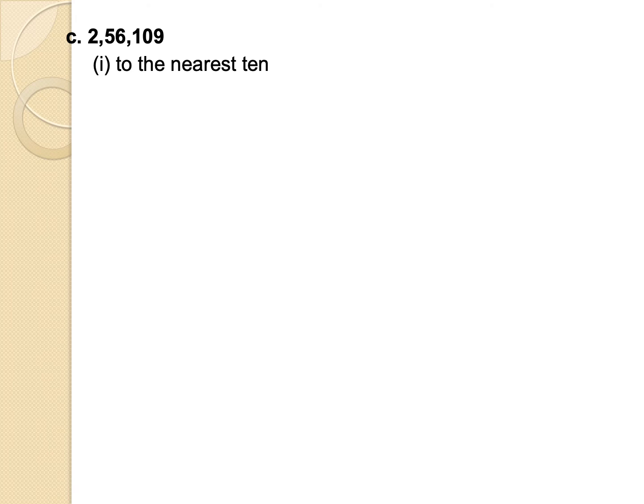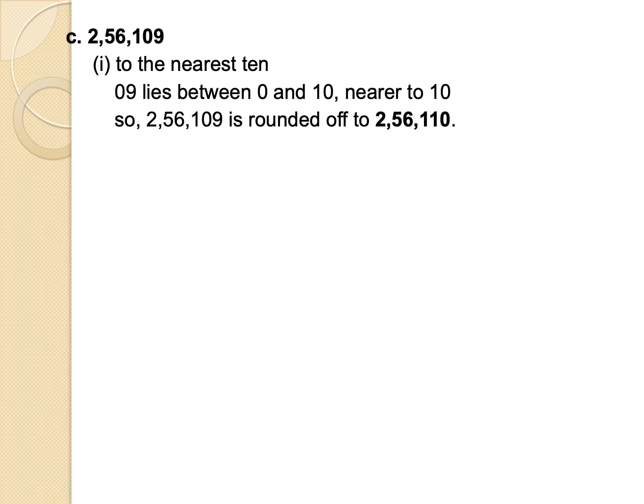To the nearest 10 के लिए हमें लास्ट के 2 डिजिट देखने हैं. लास्ट के 2 डिजिट में है 0 और 9. 0 9 मतलब 9 and 9 lies between 0 and 10, nearer to 10. क्योंकि 9 5 से बड़ा है तो ये 10 पे राउंड ऑफ होगा. So 2,56,109 is rounded off to